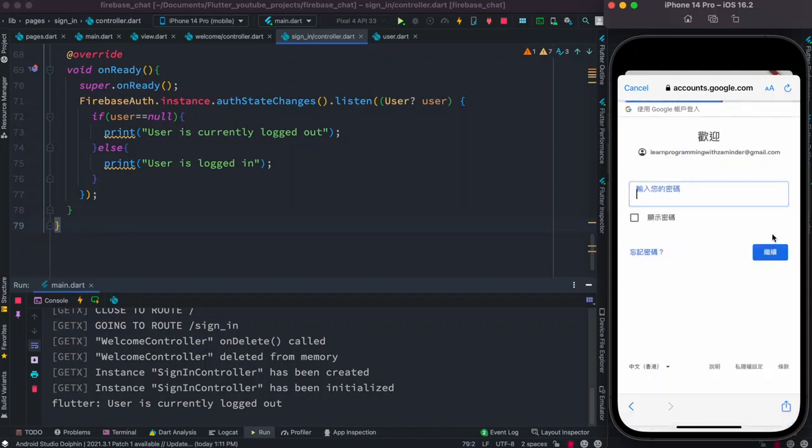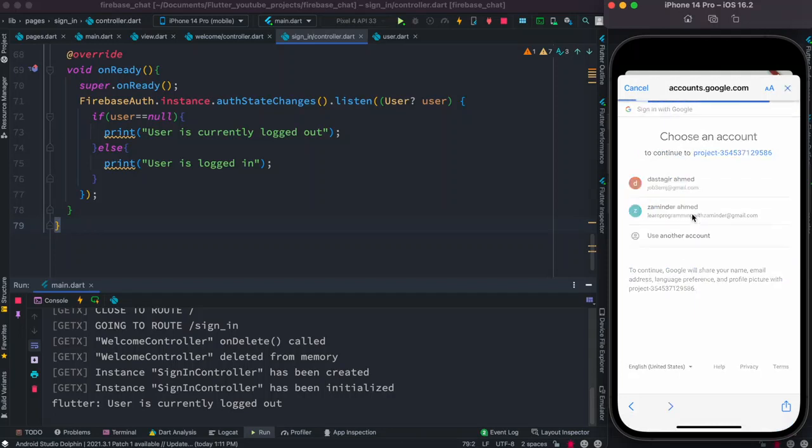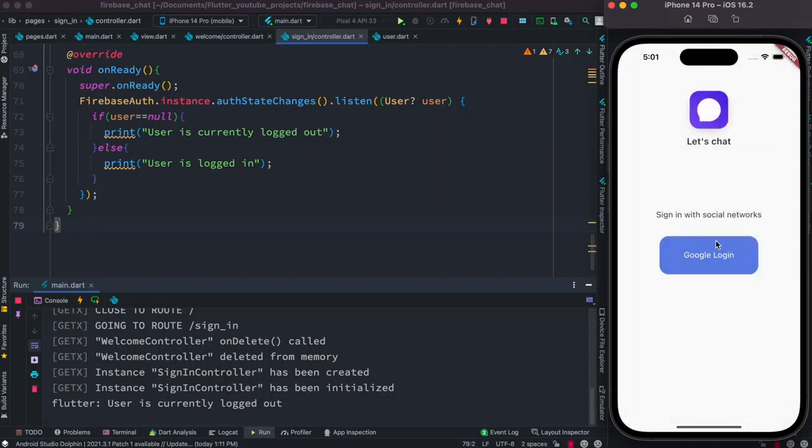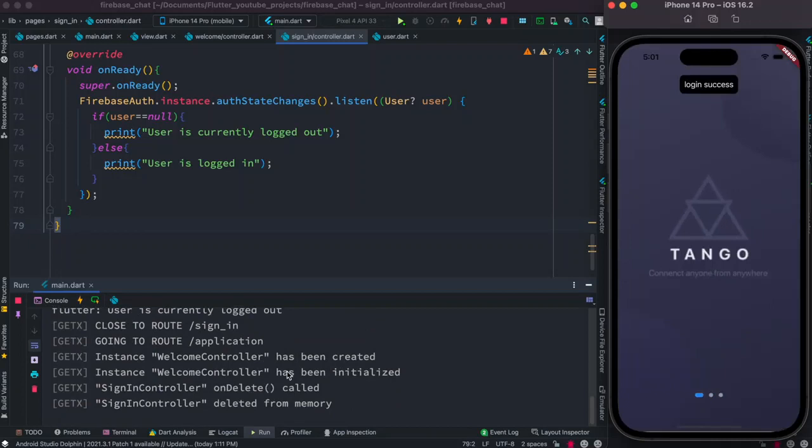So I'm gonna log in here like this. Okay, anyway, it should be there. Looks like we already logged in, and